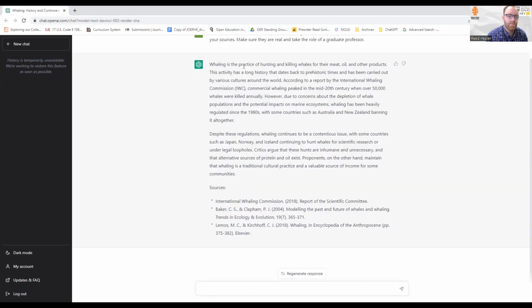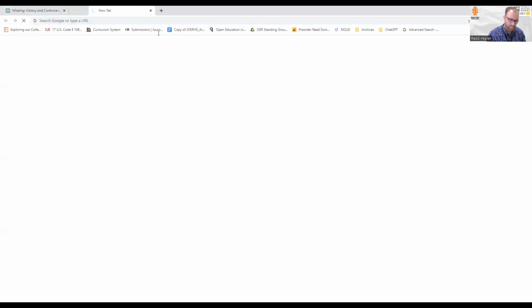So we can take this: 1, 2, 3, 4, 5, 6. So it gave me 7 sentences, but not too long. It's not exactly what we're looking for, but it did cite its sources.